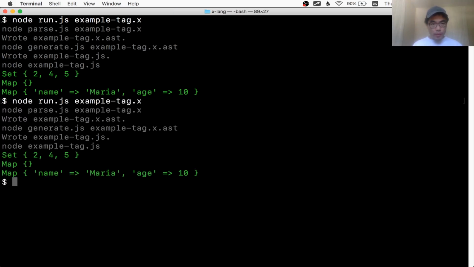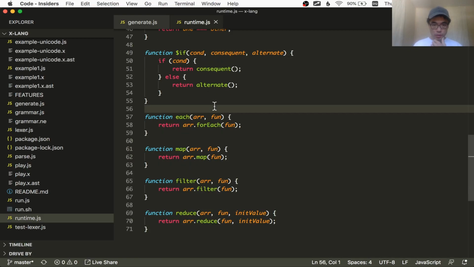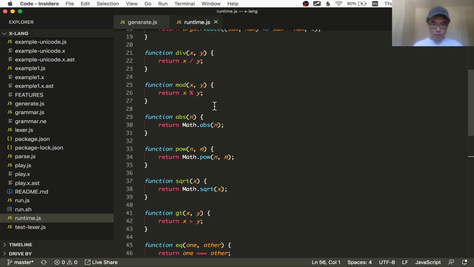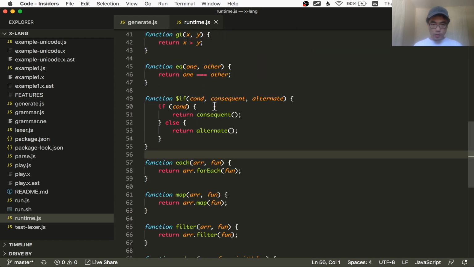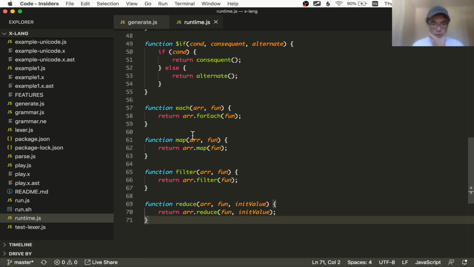Okay, so now we have a runtime.js which contains all of the JavaScript functions that will be available to the runtime when the transpiled JavaScript is running. We're going to add some functions to work with dictionaries. Probably,